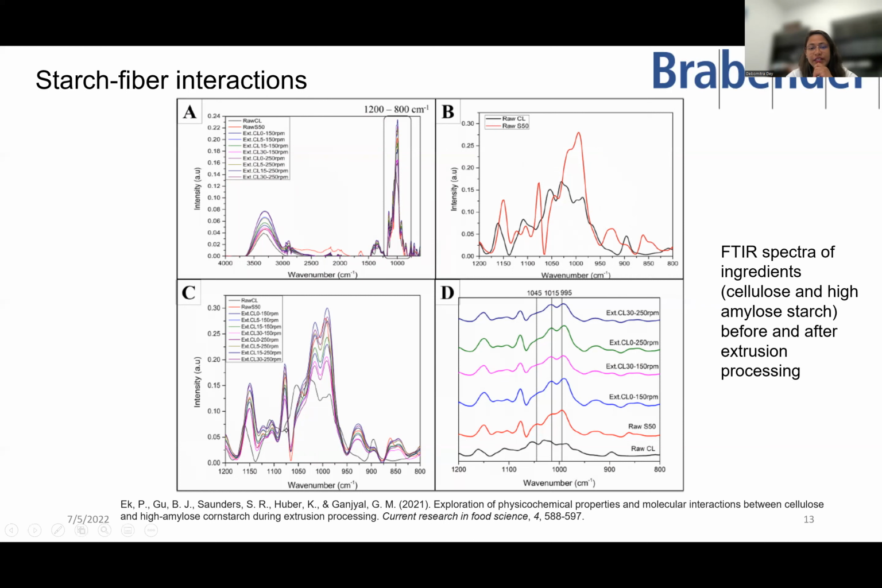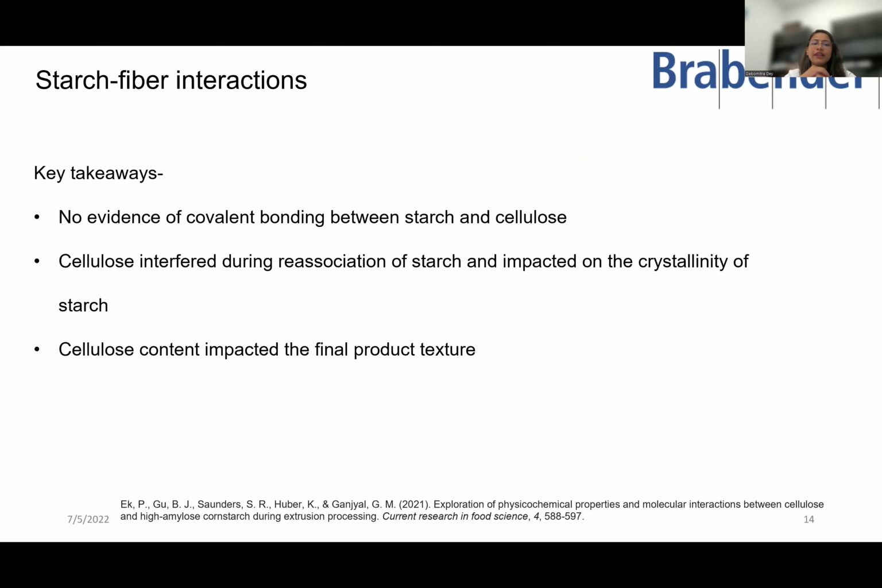So here there are definitely some process-induced changes, which is of course because of the changes in starch that are happening, but they could not really talk about what impact cellulose had, or how cellulose was impacting the extrusion processing. And the key takeaway from this study again would be that the authors found no evidence of covalent bonding between